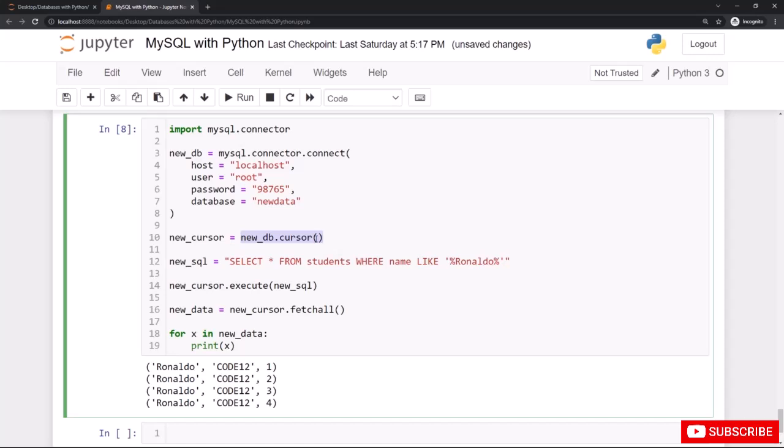The cursor method is so important. Assign this operation to a variable called new cursor, or any valid, descriptive name you wish. Then use the MySQL statement here to filter the records, to select all the information from the students table by using the select statement. After that, you can see the where statement to filter all the records based on the name column, like Ronaldo,